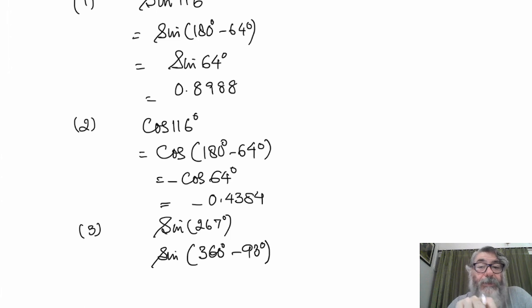We told you that it does not matter what theta is, 360 minus theta, even if it is bigger than 90. I am not going to take it into any other quadrant, but 360 minus theta means it will fall in the fourth quadrant. You make a complete round and minus. That means you come into the fourth quadrant, and in the fourth quadrant, sine is negative. So it will come minus sine 93.